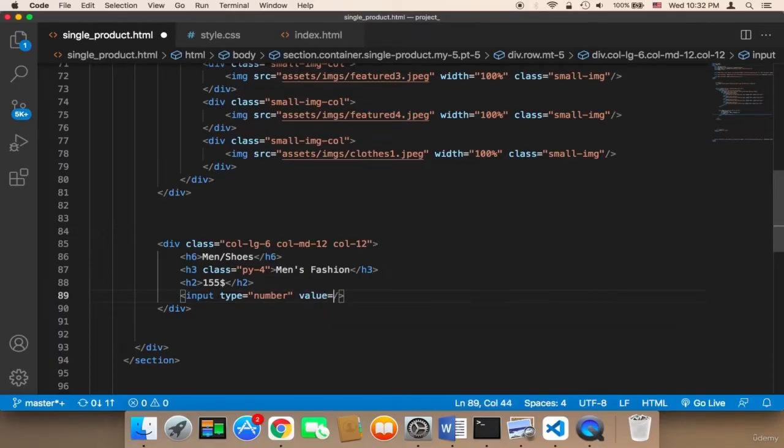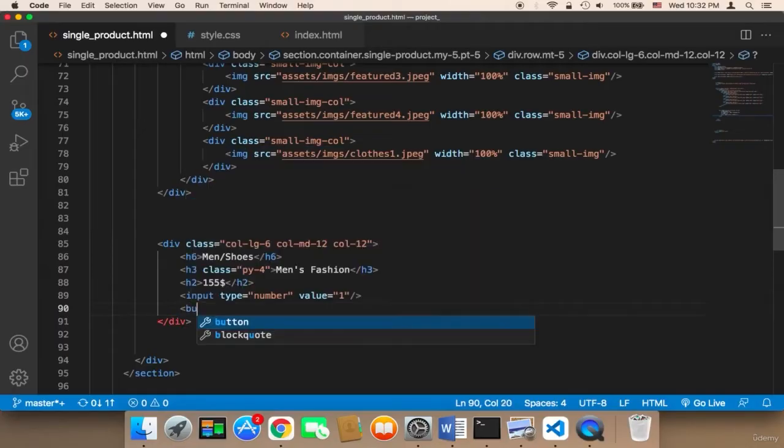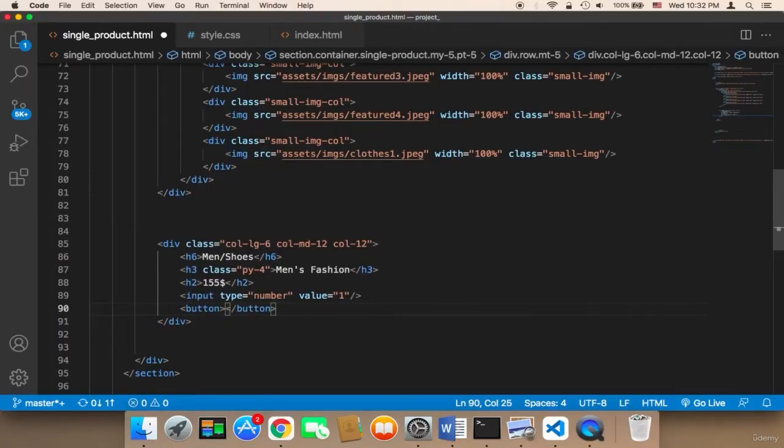The value is 1 because by default we would expect the user to buy only one item, and therefore we need to say here 1. And below this I'm going to display a button. I'm going to say here button, and then for this button I'm going to say add to cart,